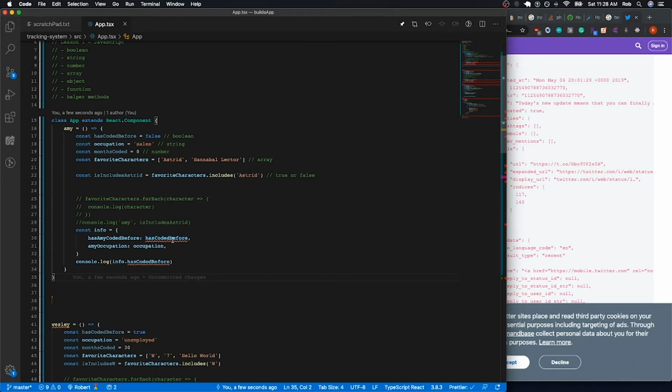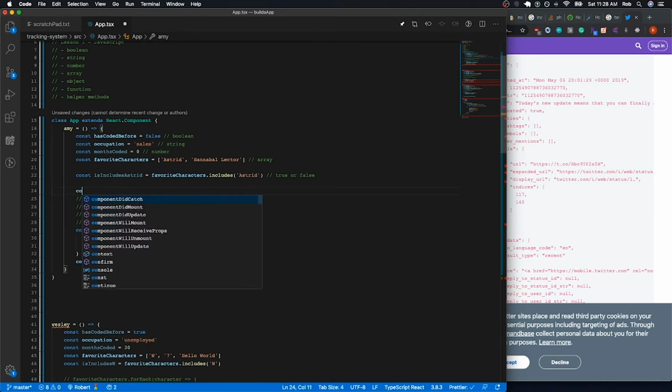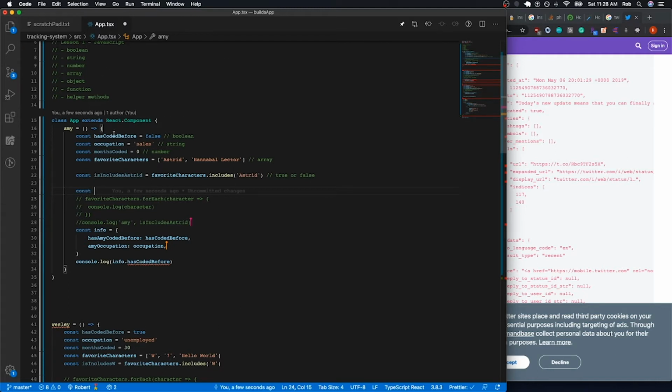All right, so you see how this B is lowercase and this B is uppercase? JavaScript is very sensitive to upper and lower cases. They have to be exact matches. So this is actually a very common bug. Let's say I wrote code like 6 months ago and it was a bigger file. I didn't realize I had a value called has coded before, and I create a new value. It's like lowercase c, and then before,